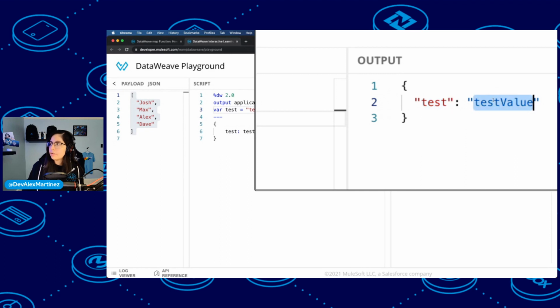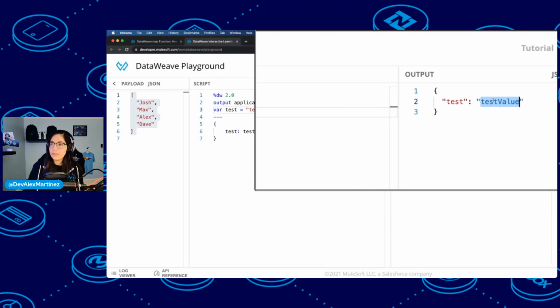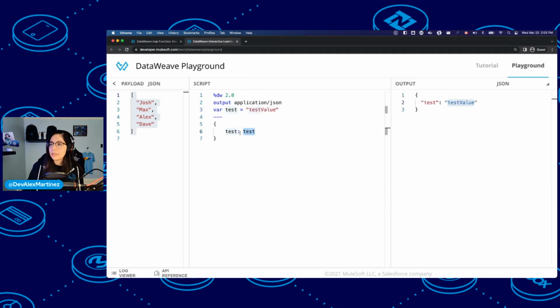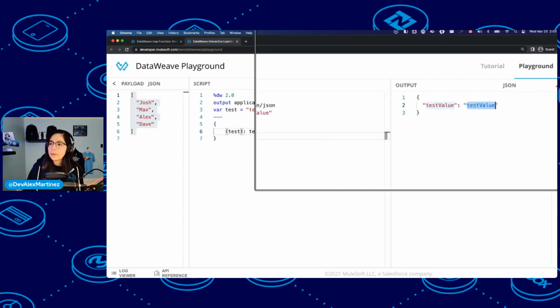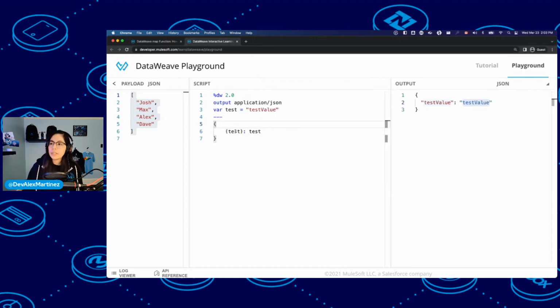And then in the value, it's actually taking the value from the variable because you don't need to do anything here. But then if I put this key in parentheses, then it's going to put test value and test value. So it depends on what you want to do. If you just want to hard code this, then just put it without parentheses. Or if you want to take the value from that variable or from that parameter, then put it in parentheses.